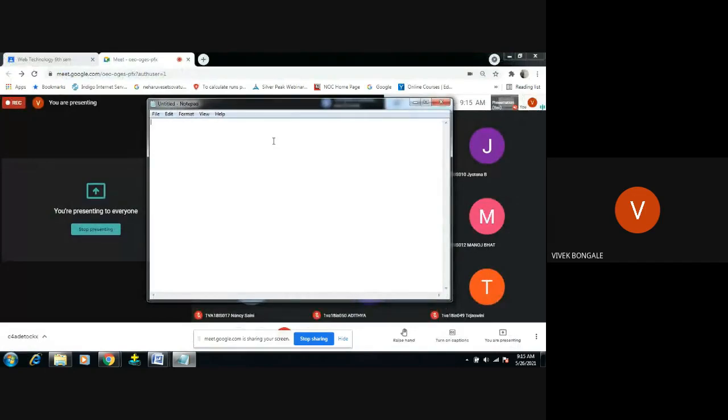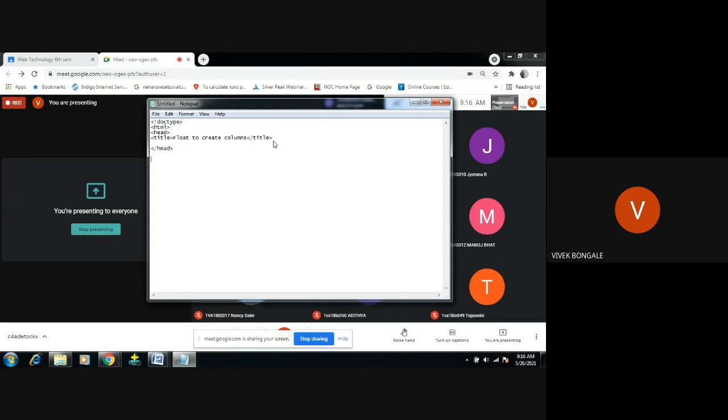Then the structure of the HTML we have to use first, right? So doctype and html and head, right? So in head, I will give the title like float to create columns. Float to create the columns. Okay, I'll close this title and I will close the head part.